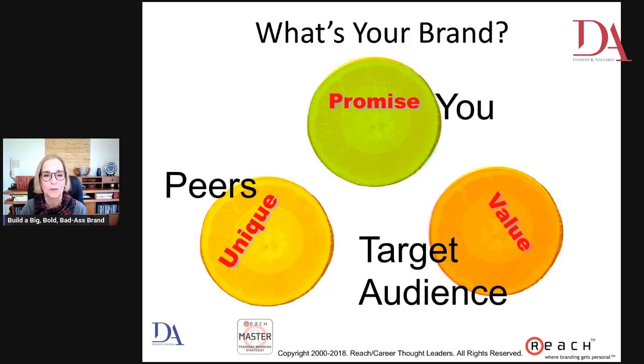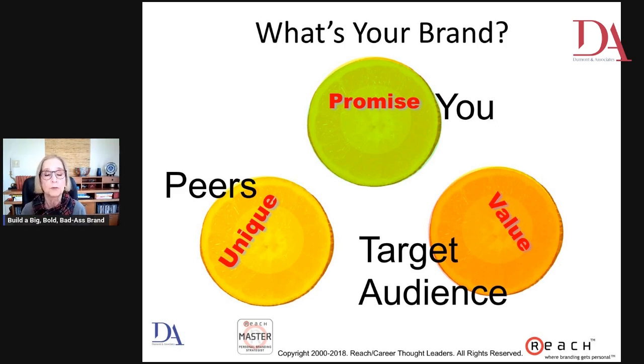So let's look at the first piece, extract. Now remember, we just defined a brand as your unique promise of value. So unique has to do with your peers, your colleagues. Who else is operating in the same space or playing in the same sandbox? Who has the same area of expertise that you do? If you look up people who do personal branding, or you look up LinkedIn experts on LinkedIn, you're going to find thousands of people, maybe hundreds of thousands of people. But that doesn't mean that I can't be there. I'm different than those other people. And so that's my brand. That's what makes me unique.